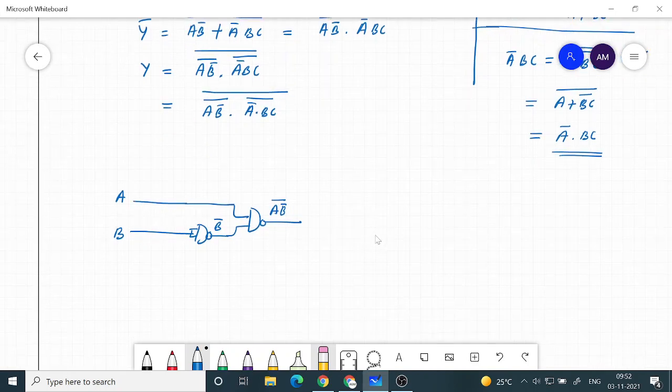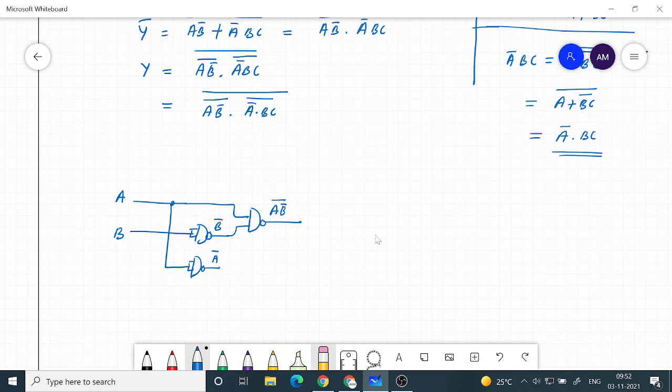Now I need an a bar. Okay, I need an a bar. So for that I need another NAND gate to complement a, so a bar.